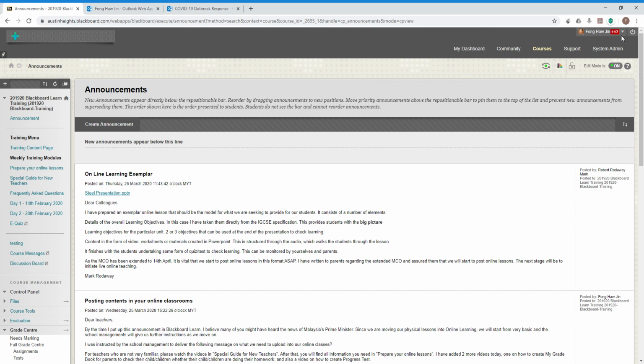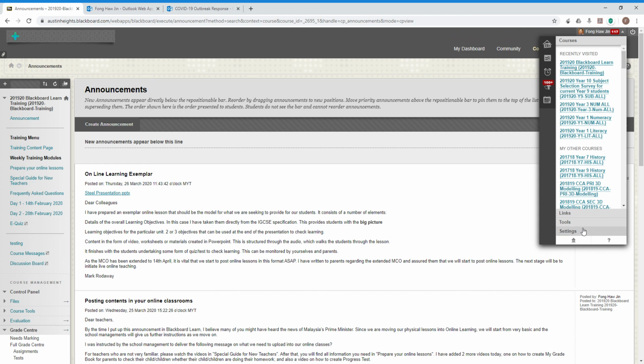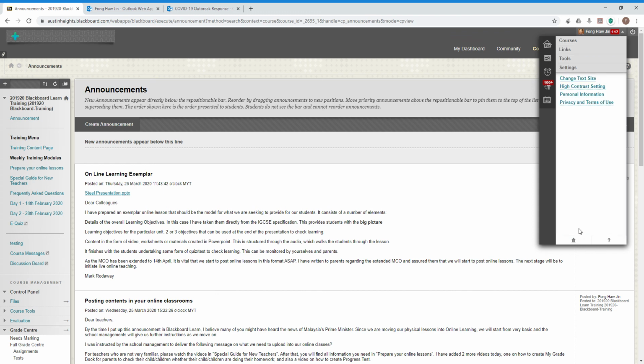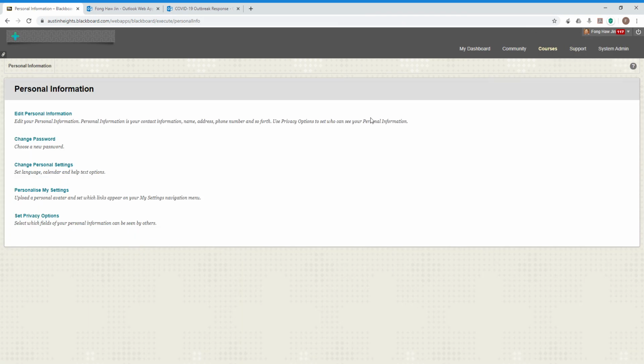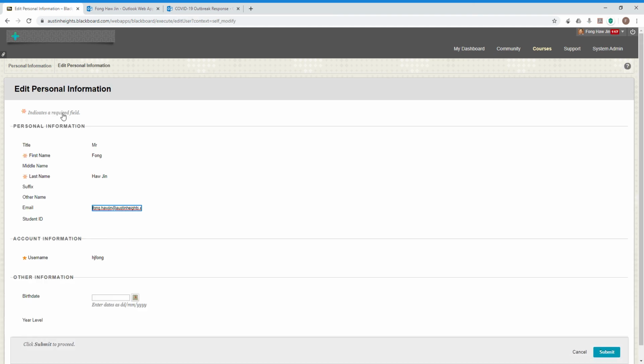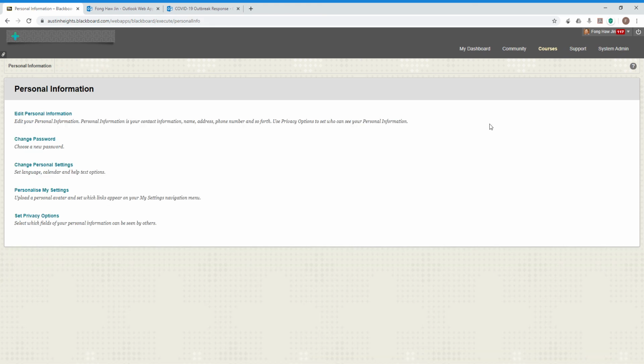Oh, just to mention a bit. I think just now I mentioned about personal information, let's see if I can find it. So change. I think it should be here if I'm not wrong. See, there's an email area where students can actually put in their email. If they put in an email, the advantage is whenever teachers